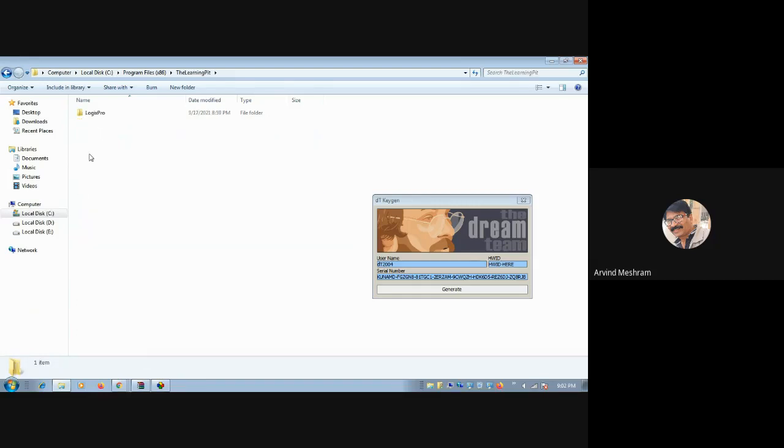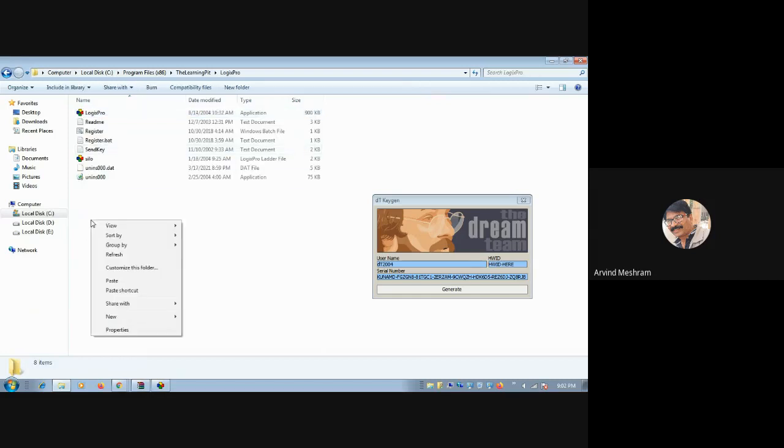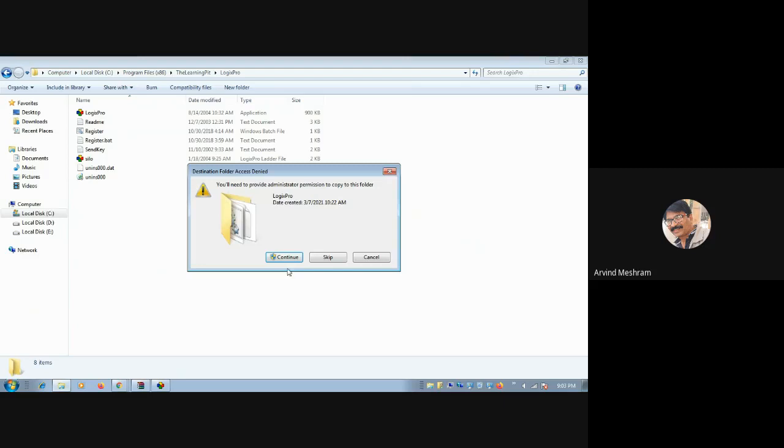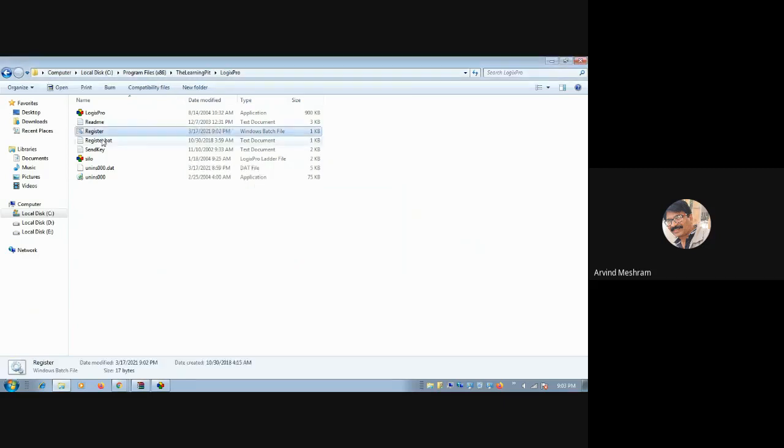You can see the Logix Pro over there, and you paste it. Copy and replace, say continue. Then this batch file is over there. Now run this batch file, register.bat.